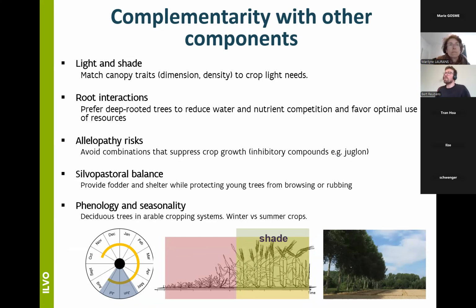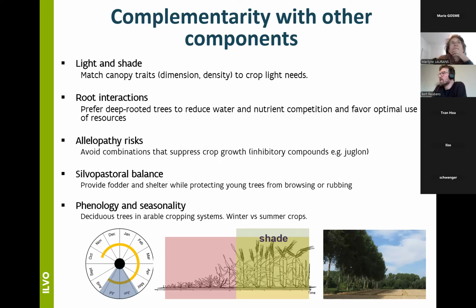Complementarity with other components, that means that's a lot about light and shade, and matching canopy traits like the dimension of the canopy, the density of the canopy to the crop light needs, avoiding too much shade and light competition. Again, it's about root interactions with a preference to deep-rooted trees if you want to reduce water and nutrient competition and favor optimal use of resources in general in the system as a whole.